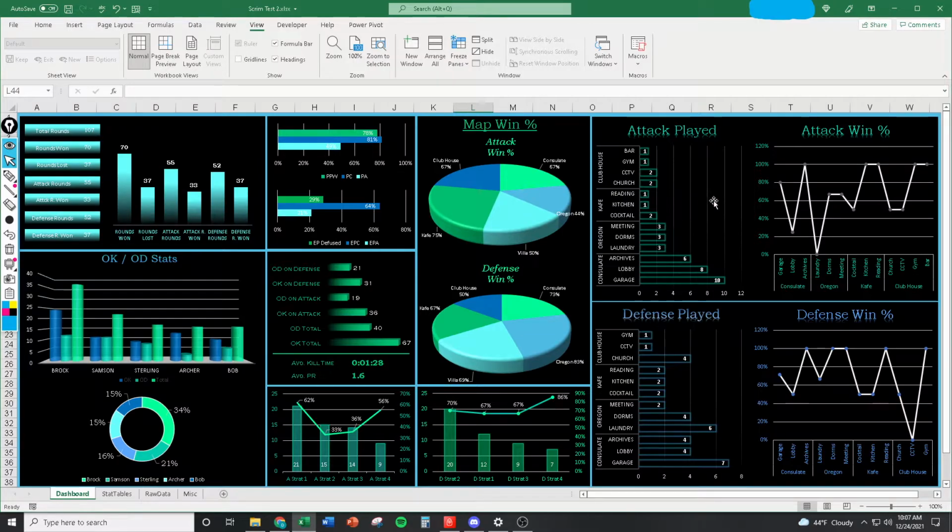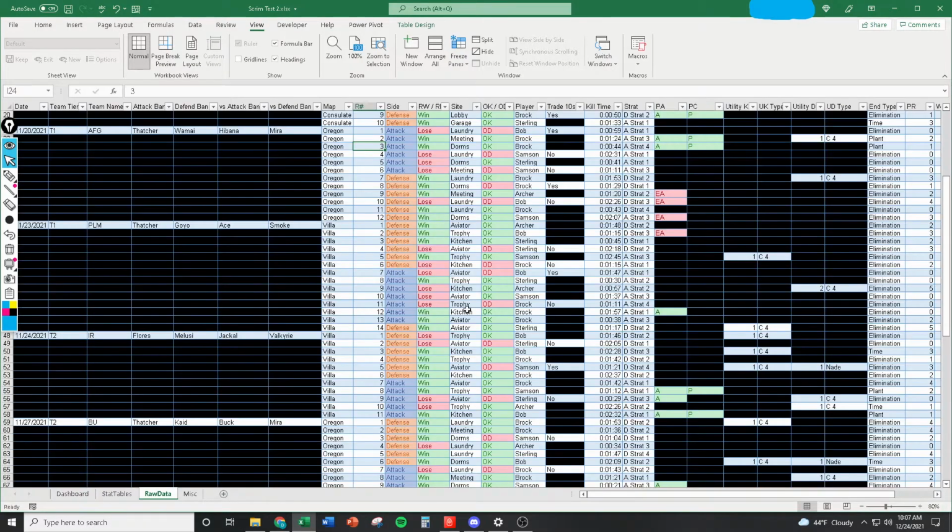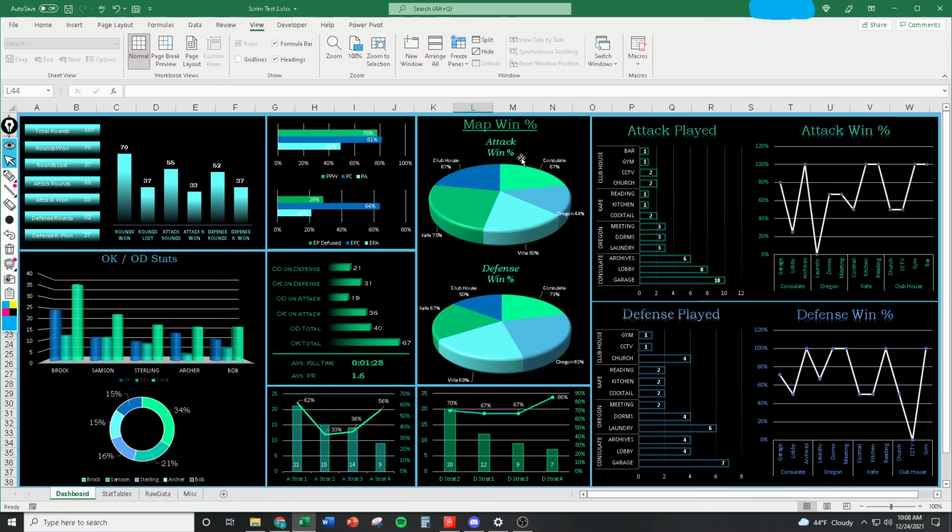Moving over here, we have the three tables for map information. So here's just a basic breakdown of map win percentage. Then we have it broken down by attack and defense here. You can see, this hypothetical team, for just the information that I put in over here, they only played 5 maps,